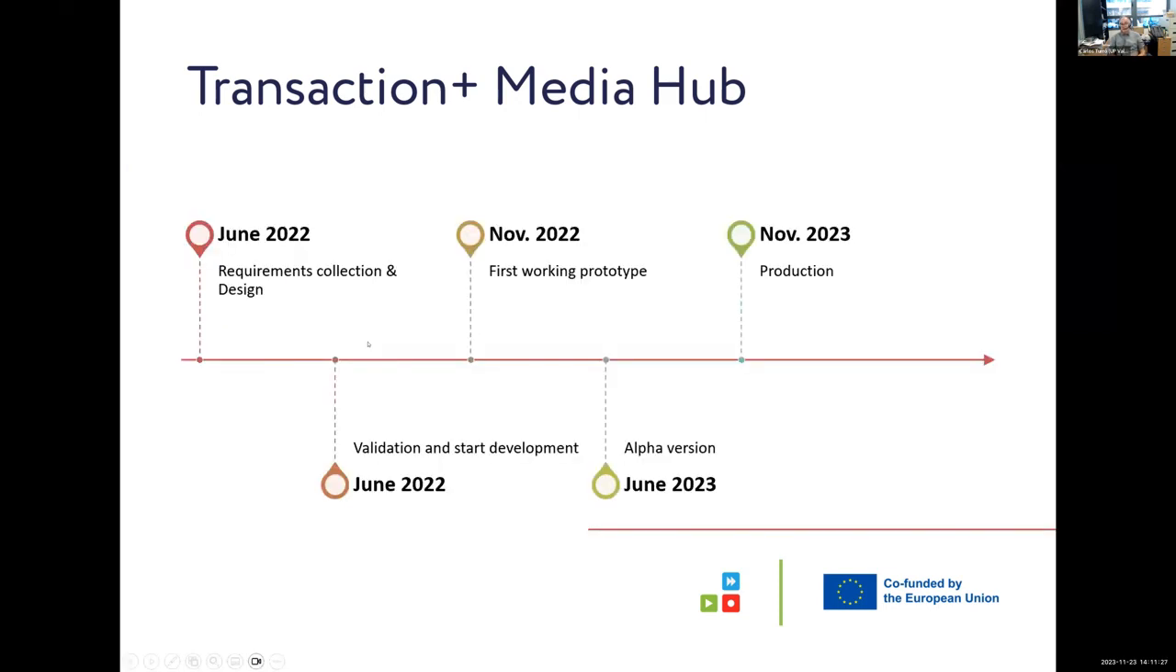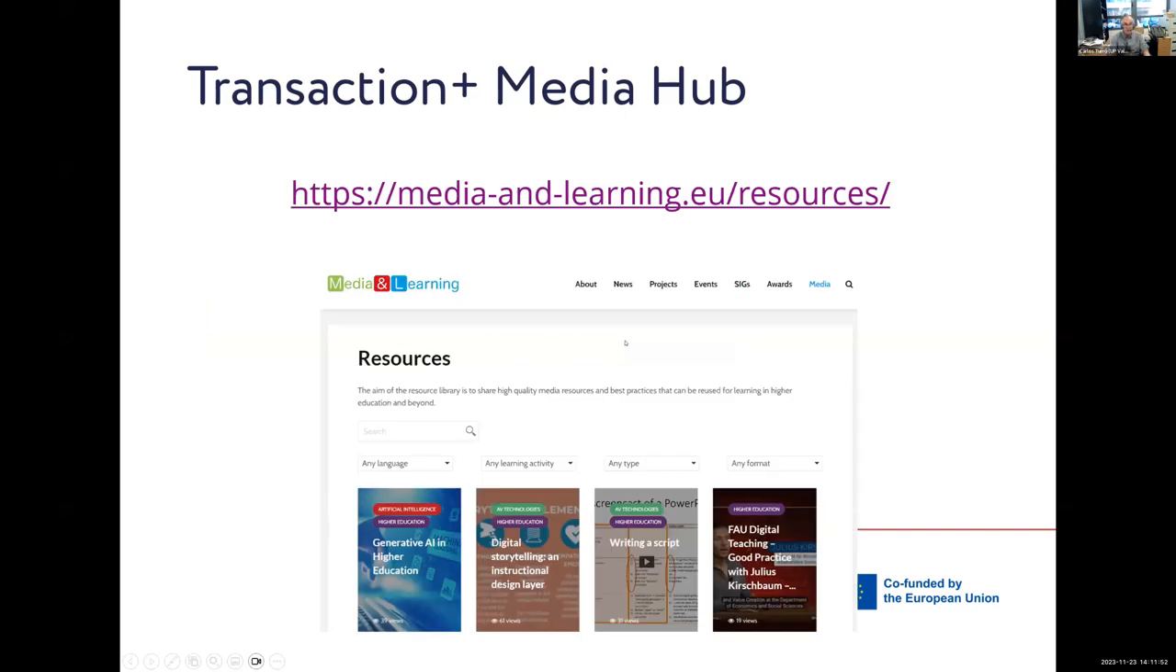The important part of this slide is that we are in November 2023. So the media hub is ready for use. We expect it to grow in size, and also we want to make some tweaks, but the media hub is ready and is here. As we decided, there are a couple of other links, but we decided to go along with the media learning community. So the easiest way to access the content is through